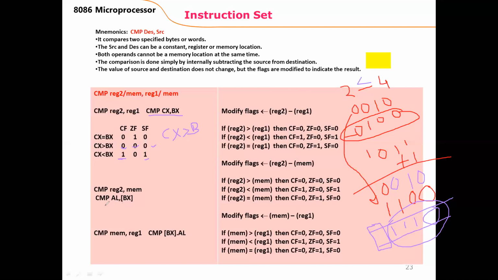Now another way of using this instruction can be this. This was the register addressing mode. This is the register indirect addressing mode. Now the content of the byte will be the content of the location, and the location address is specified here, the effective address. For example, BX is 5000. Now we are not going to compare 5000 with the AL number. We are going to compare any byte which is stored at effective address 5000, for example, any 8-bit number. Now, if this is AL, this is an 8-bit operation, it will compare this number only.